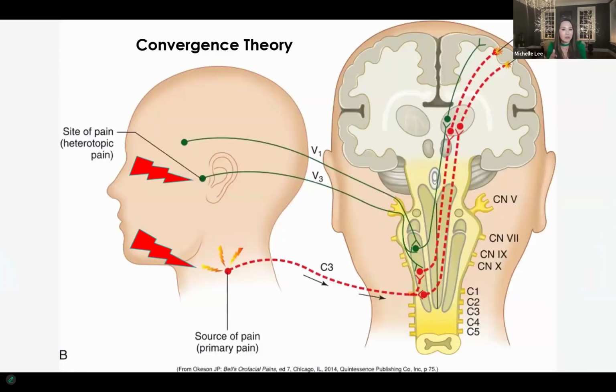So we've got this convergence theory, where neurons are converging together into one central neuron, and there are also divergent neurons where all the information comes in, and then it separates out, and all of the neurons are going in and out. And then nature is so smart, right? Because we don't have all the neuron connections being wired under one. So the collateral pathways allow our body to keep going even if other pathways don't work. So technically, it's actually an amazing protective mechanism,